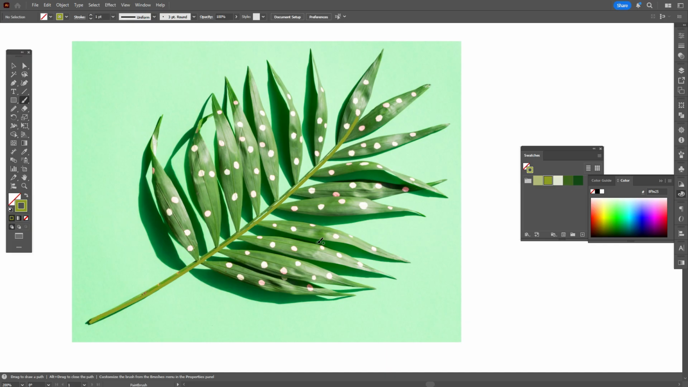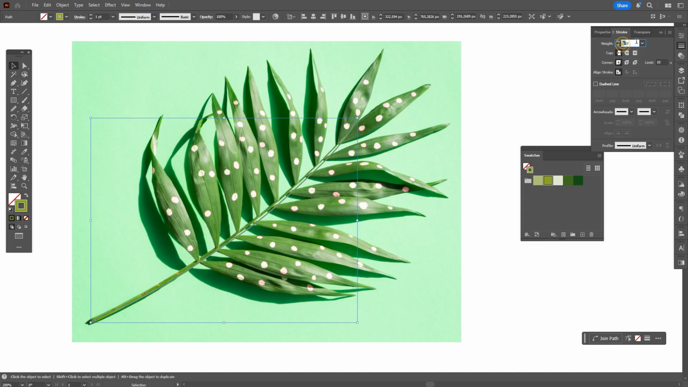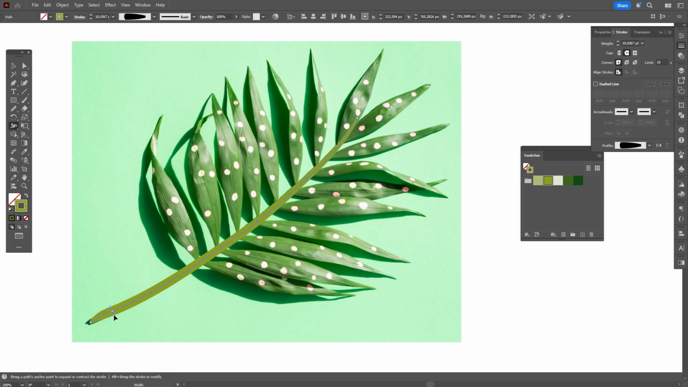Okay, and now select that line. Now we need to take the basic brush and the size here, let it be 5, and take that option, let it be better 3, and the width tool, make it wider here. Okay,